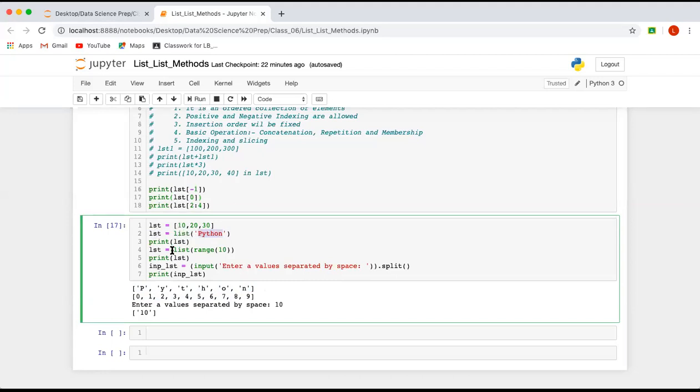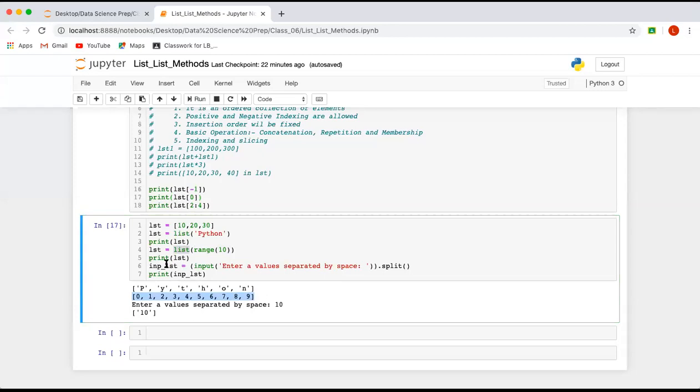So what I said, inside this list function you can pass any sequence. I am passing a string, which is a sequence. You can pass a range function also. So I'm passing a range with 10 values, starting from 0 to 9. This range creates a sequence, right? Internally, it is a sequence of numbers 0 to 9. So when you pass it to the list, this sequence has 10 elements from 0 to 9, and all these elements are created separated by commas. All the elements are inside the list. So the list function has converted this range into a list object.